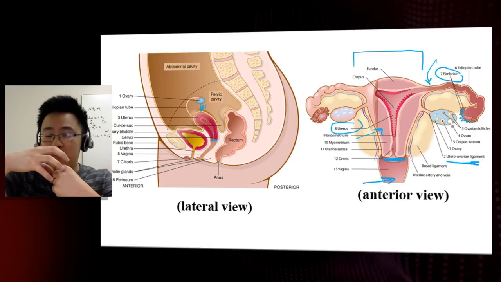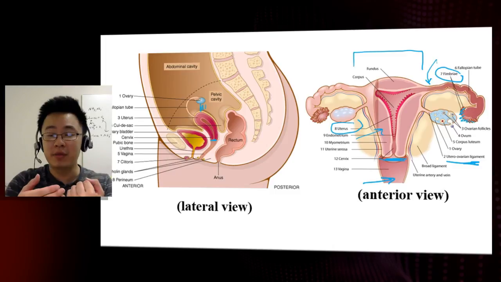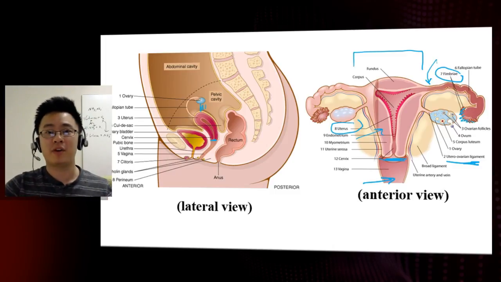Now, if the fimbriae are unsuccessful in grabbing that egg cell, the egg cell just pretty much stays on the ovary or drops somewhere else, and then the egg cell degenerates, therefore the loss of an opportunity to fertilize that egg.